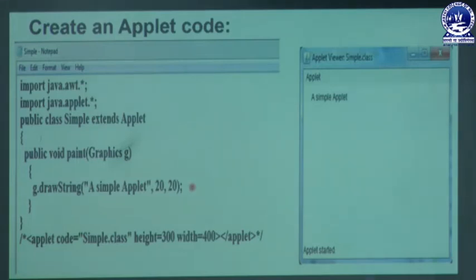We have three parameters whenever the user wants to write some text in that applet viewer web browser. At that time, the user must invoke the g.drawString method. Inside that we have three parameters: the text and two locations, the x axis and the y axis. At last, that class must end with closing curly braces.